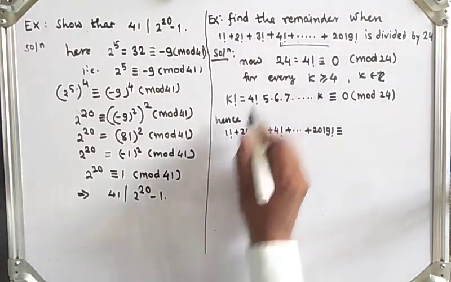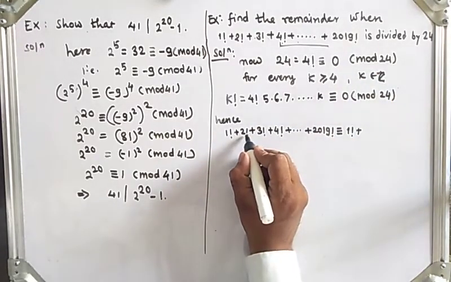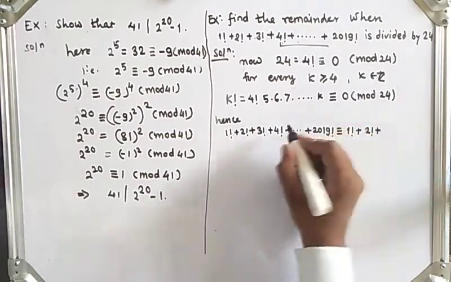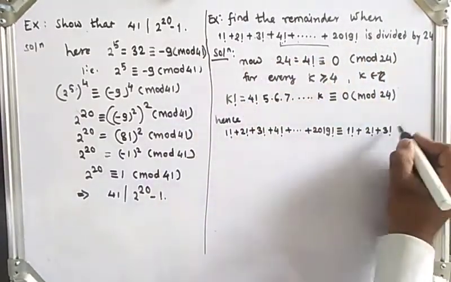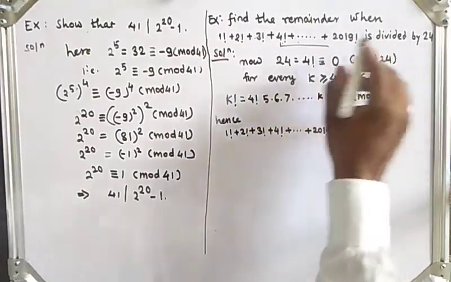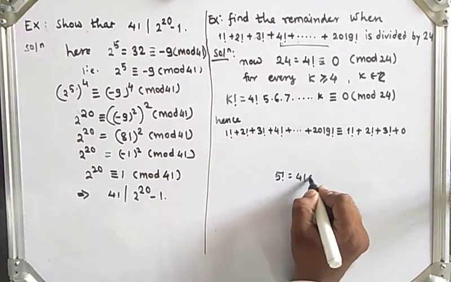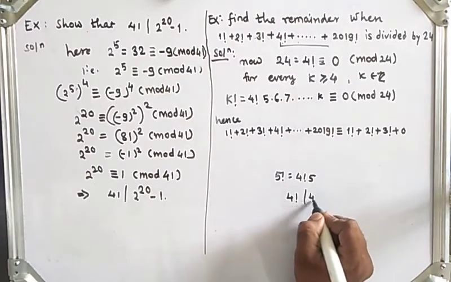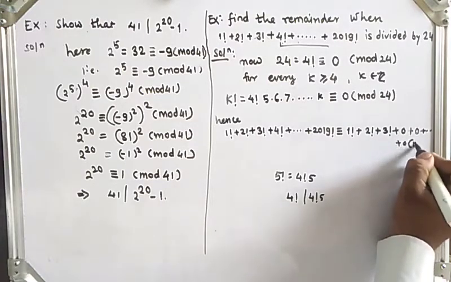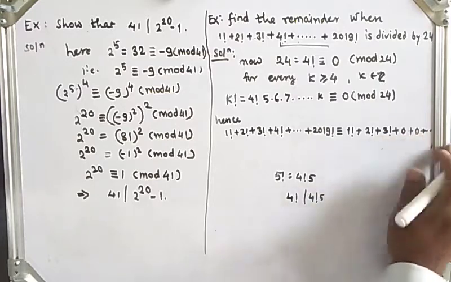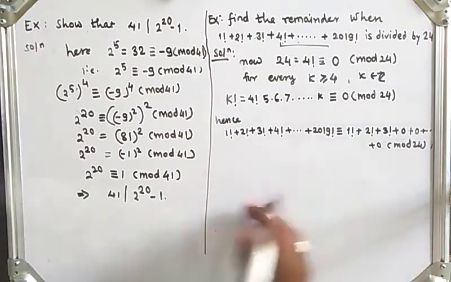When 1 factorial is divided by 24, the remainder is 1 factorial. Next, 2 factorial remains 2 factorial. Next, 3 factorial remains 3 factorial. Now 4 factorial means 24 divides 4 factorial, so the remainder is 0. Next, again 24 divides 5 factorial, because 5 factorial is nothing but 4 factorial into 5. So 4 factorial divides 4 factorial into 5, so the remainder is again 0, and so on, remainder 0 modulo 24. So 0 modulo 24, which is congruent to